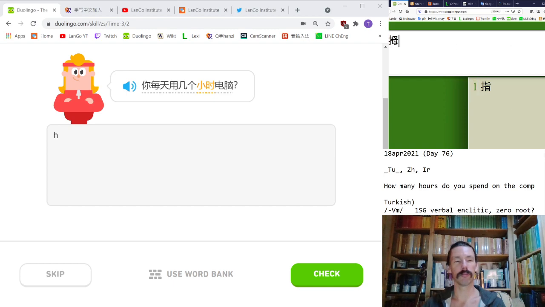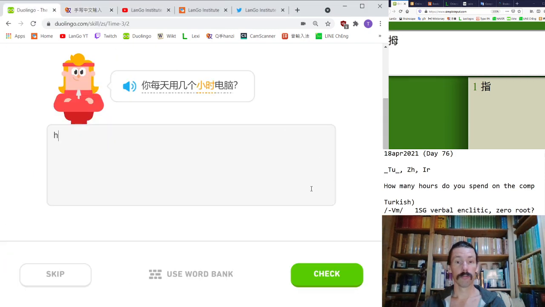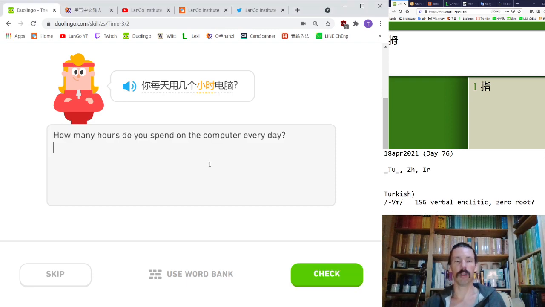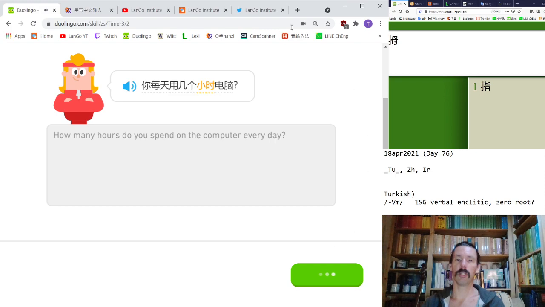Etymologically related there to the word mother. Okay. Oh, that was right. Yeah. Let's get on with that. How many hours do you spend on the computer every day? Oh, clunky English. Okay,